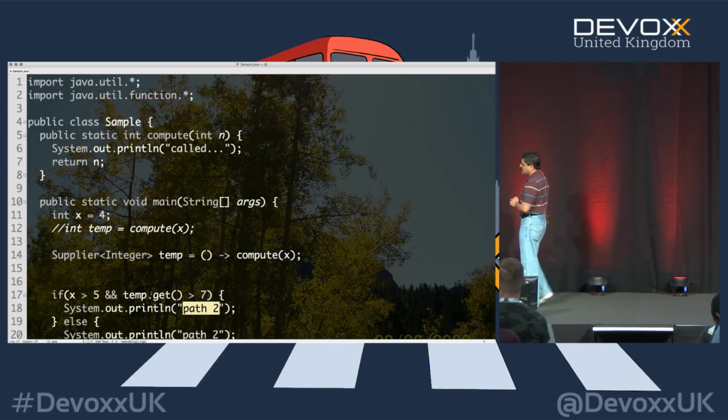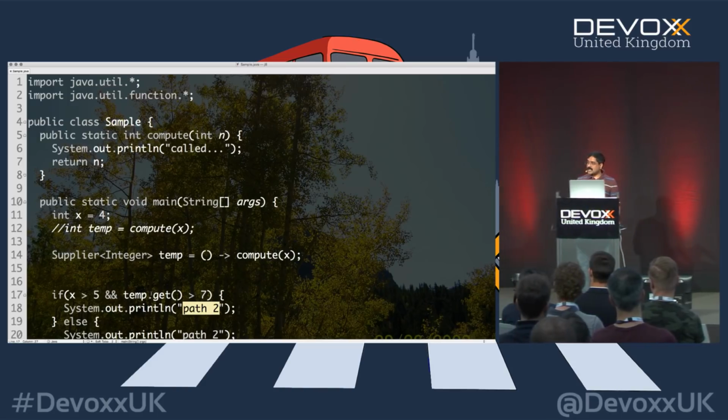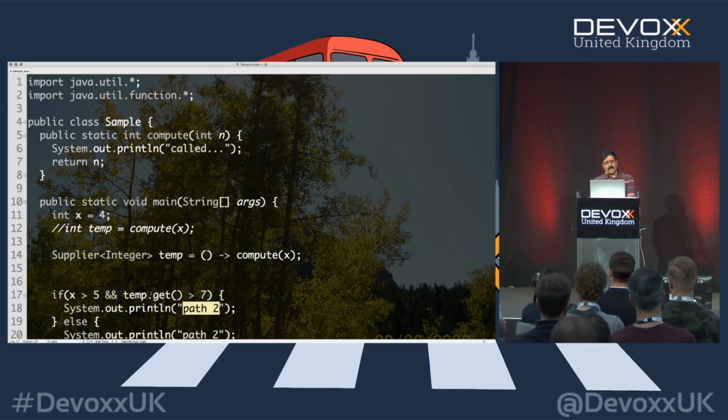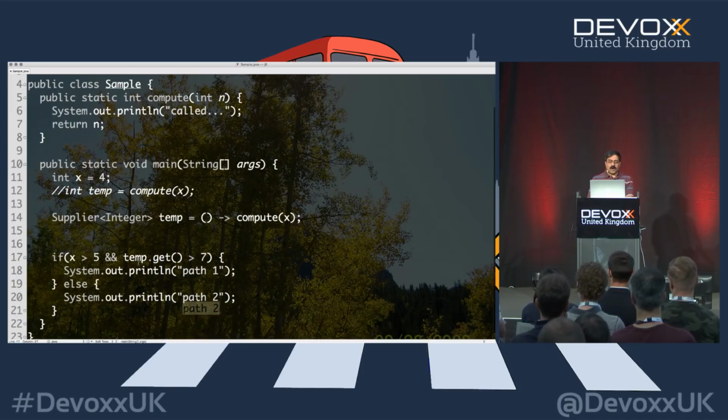So what I could do is I could potentially take this a little further, and I can say, well, the problem in this code is if I were to call temp one more time and call the get method, it would re-evaluate the function. What if I don't want to reevaluate the function? What if I wanted to cache the result and reuse the result it was already evaluating? That would be really nice, isn't it?